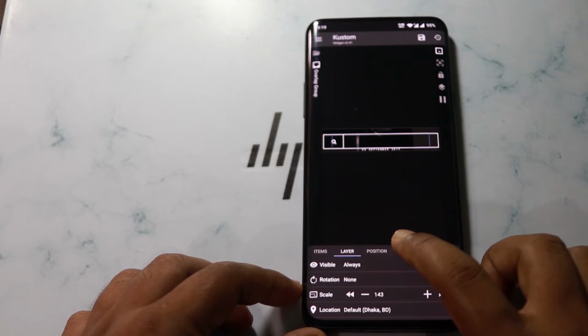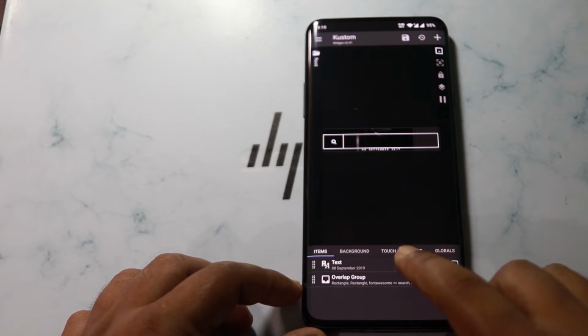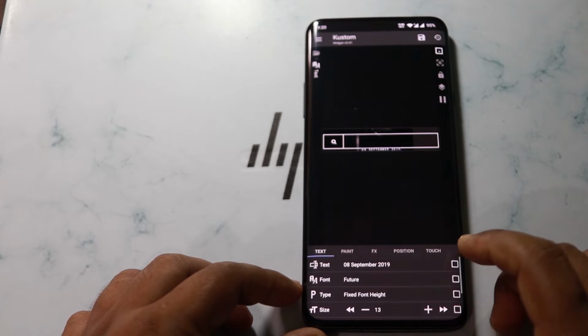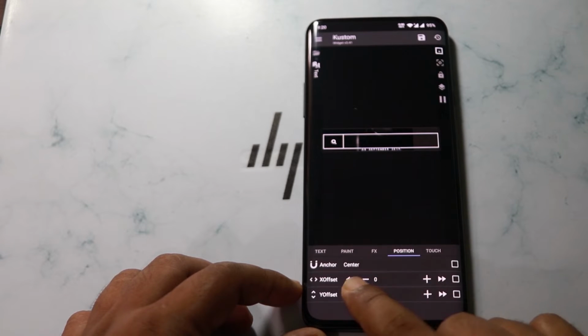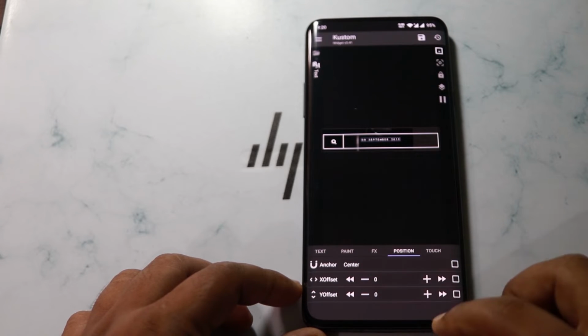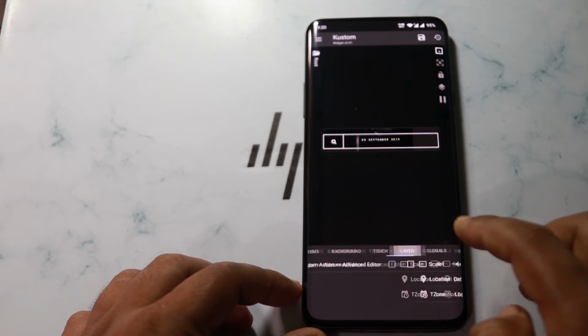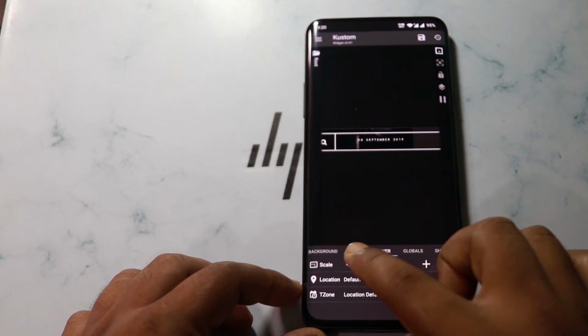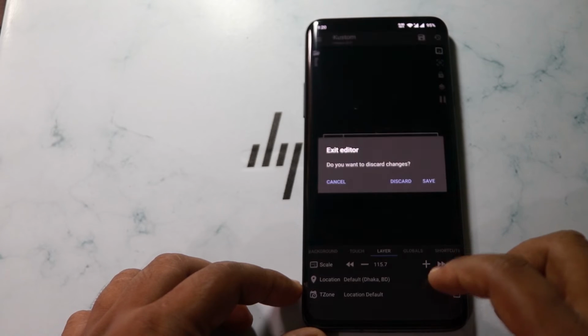Then go back again and go to the text, which is the date, go to the position and then bring it up, and also go back, go to layer, decrease the size,